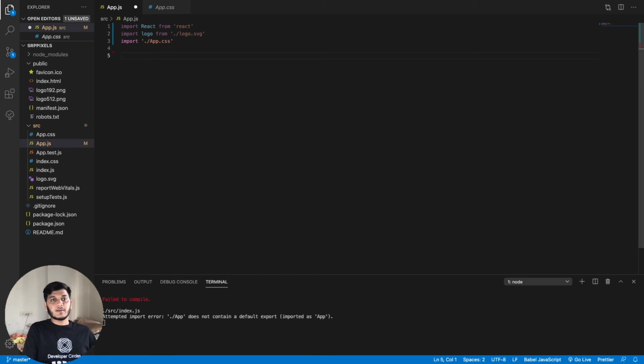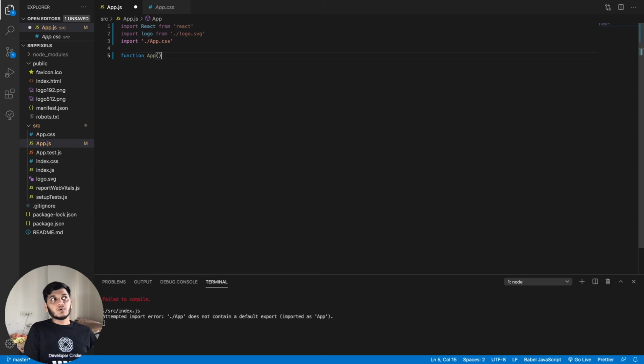Now we'll be creating a function-based component. We'll go through class-based components in further videos in the playlist, but right now we'll create a function-based component. We can also create an arrow function, but we will not be doing that right now. Function App.